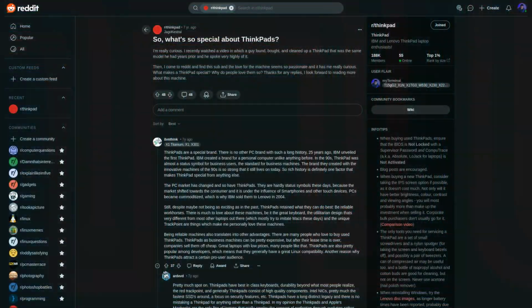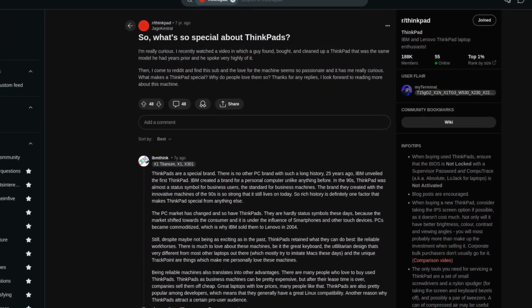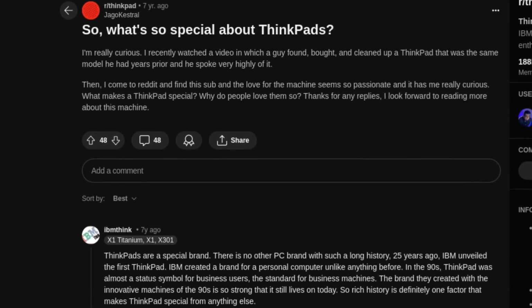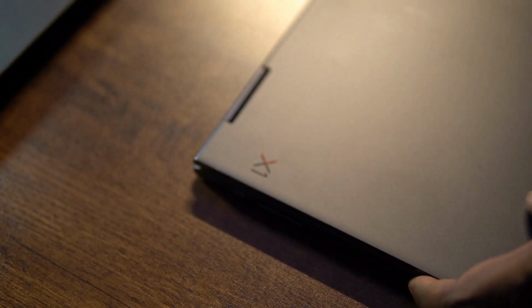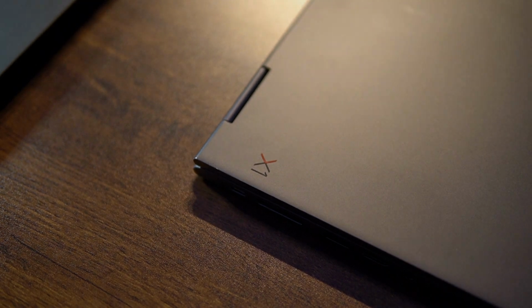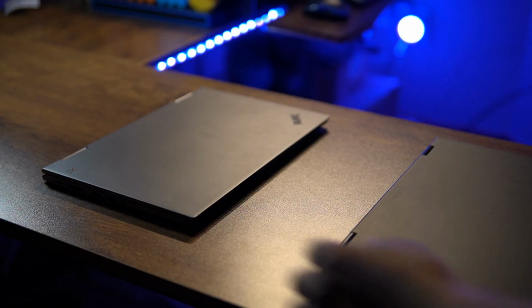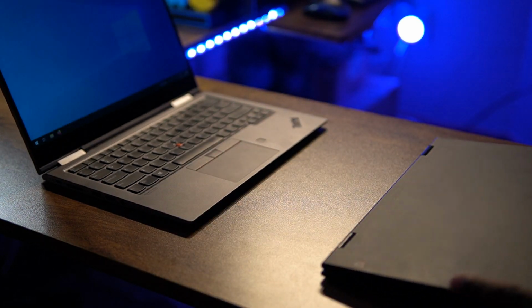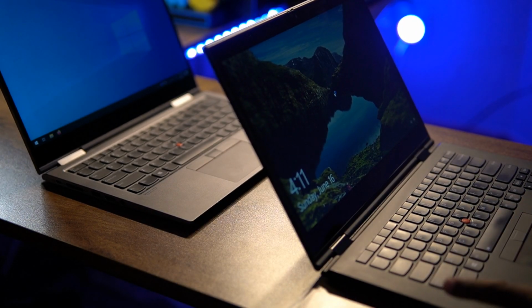It's believed that, again, all ThinkPads are the same, let alone 2 ThinkPads of the same series, even more so 2 of the same exact model just a year apart. It turns out that isn't true, and though some generations only update a couple of characteristics in the newer machine, there are years where there's a major redesign. This is exactly what we'll see today with this X1 Yoga Gen 3 from 2018 and this X1 Yoga Gen